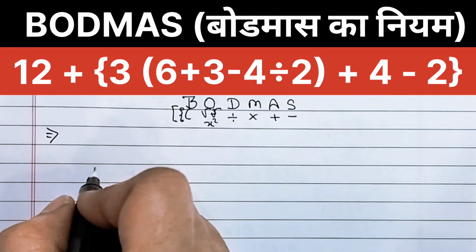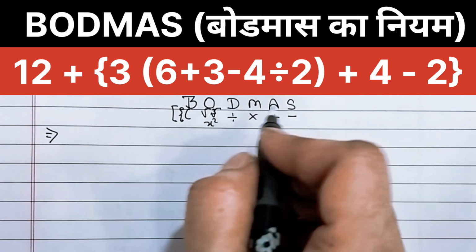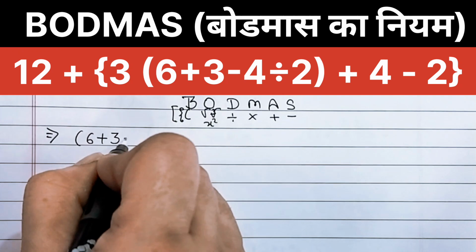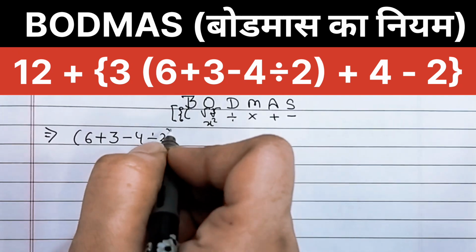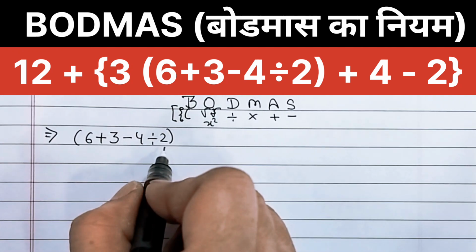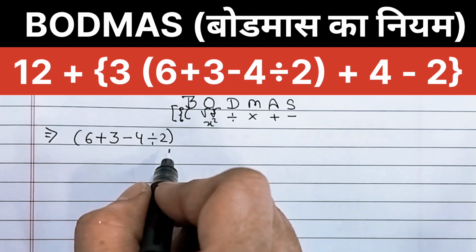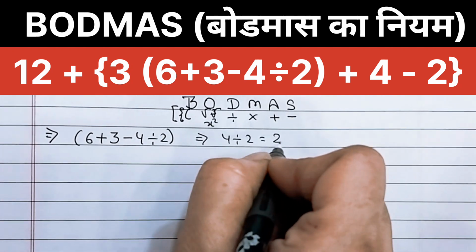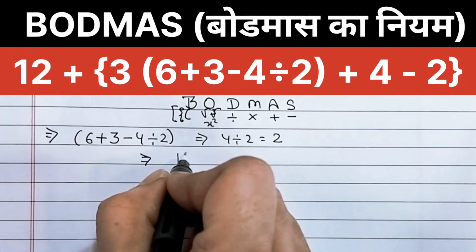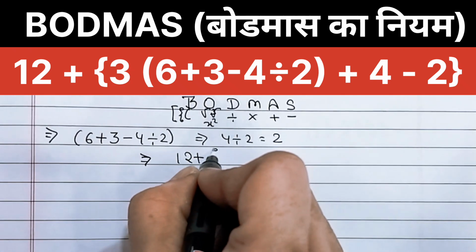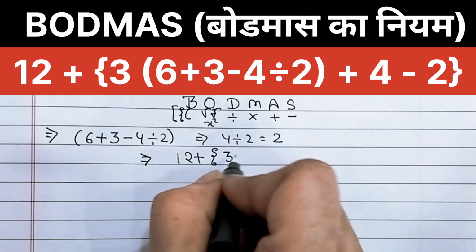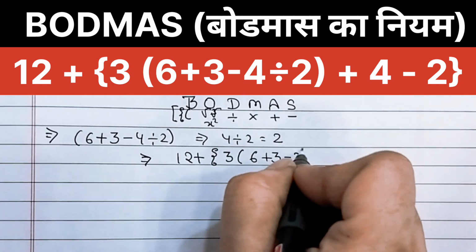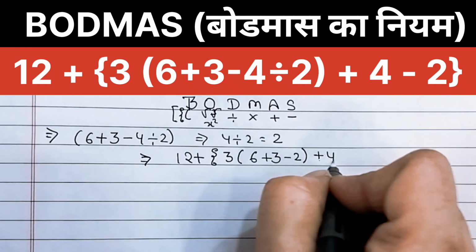Now the first step: solve inside the small parentheses. As you can see here, this is the parenthesis 6 plus 3 minus 4 divided by 2. First we solve the division inside the parenthesis. Division comes before addition or subtraction inside the bracket. Now 4 divided by 2 is equal to 2. Now the expression becomes 12 plus curly bracket 3 small bracket 6 plus 3 minus 2 bracket close plus 4